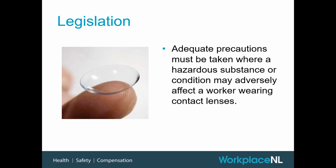And of course, a lot of us use contact lenses. So the legislation does specifically reference contact lenses, and it states that adequate precautions must be taken where there is a hazardous substance or condition that may adversely affect a worker who wears contact lenses. So soft, gas permeable contact lenses are currently allowed to be worn with respiratory protection under the Occupational Safety and Health Act. And contact lenses are not allowed to be worn during welding activities, and that is specifically stated in